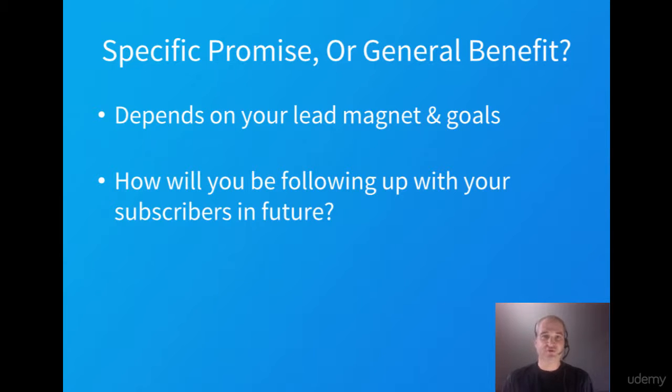If you plan on offering them a lot of free content with your emails and a lot of free tips, then going with the specific promise makes a lot of sense because you can back that up with that information you'll be sending them. If you plan on marketing to them sooner than later, then it's okay to go with a general benefit, the how to make money in real estate, and then start marketing fairly soon in your email